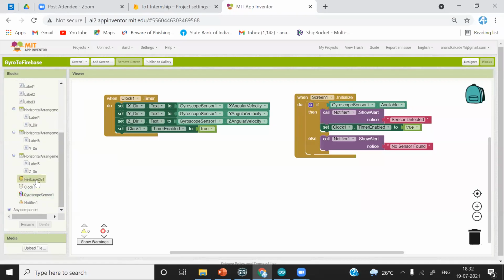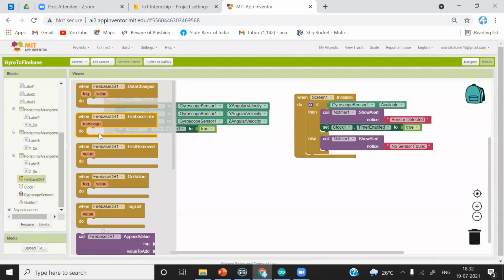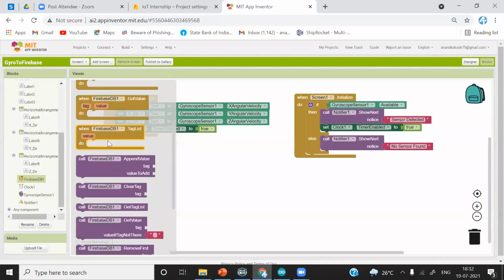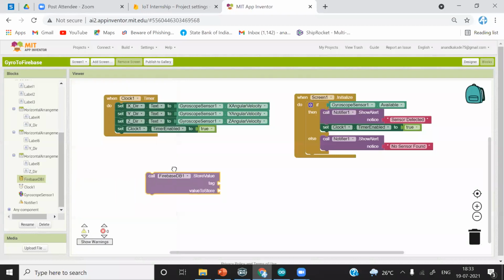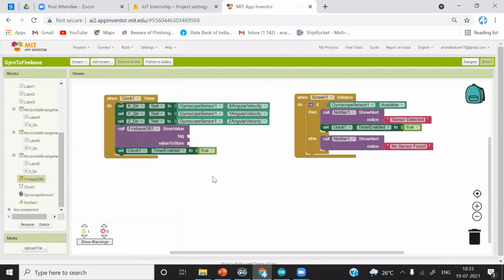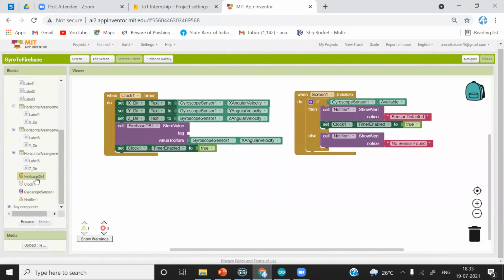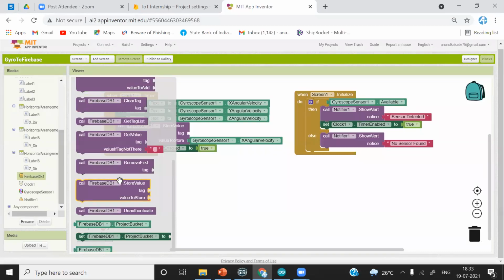To add data to Firebase, we have already seen it. We have to select this Firebase store value block, and in that we are going to add this x direction. I'll tell you again: from Firebase, if you want to store any data from MIT App Inventor to Firebase, select this one, dot store value.